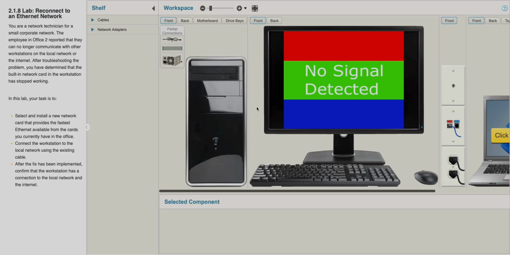That lets us know that the network adapter inside the desktop isn't communicating or has broken its linkage with the router and switch. After troubleshooting the problem, you have determined that the built-in network card in the workstation has stopped working. So a lot of the work has been done as far as the troubleshooting. The instructions tell us that we should select and install a new network card that provides the fastest Ethernet available from the cards you currently have in your office, and connect the workstation to the local network using